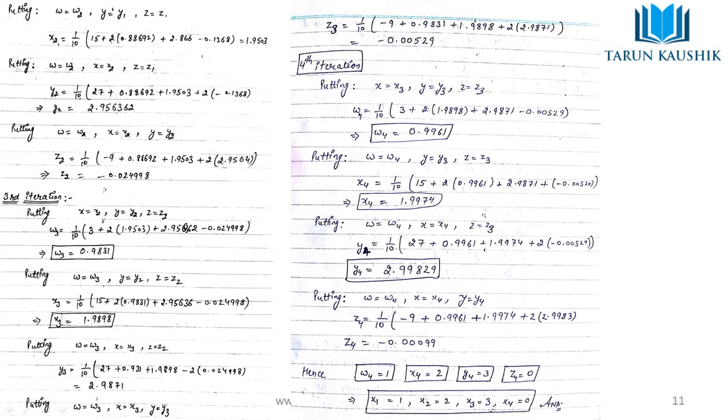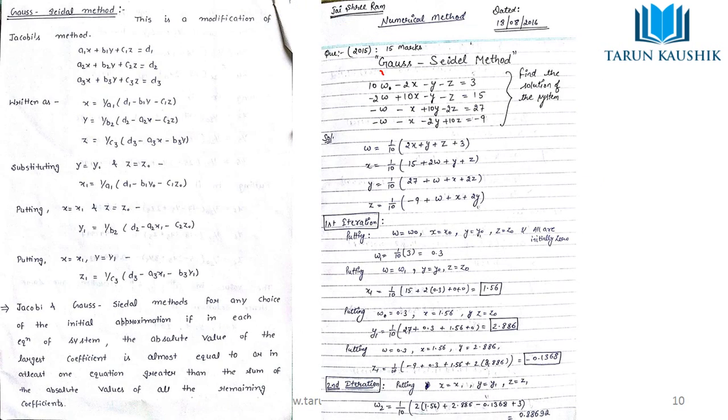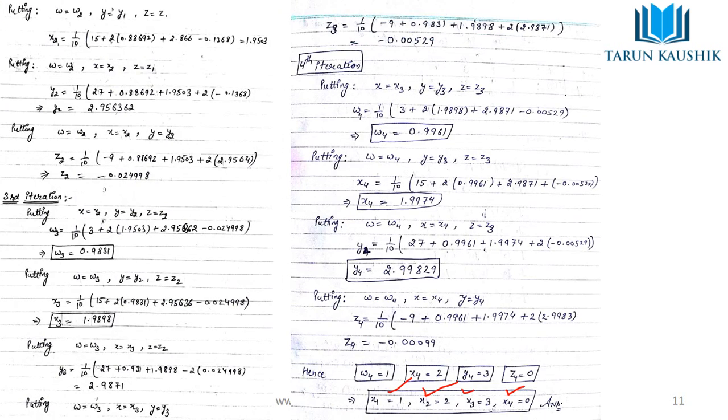Okay, so why have I written w, x, y, z? Initially in the UPSC this question was not in the form of w, x, y, z. The function was in the form of x1, x2, x3, x4. I have replaced them for my own convenience with w, x, y, z. You can also take x1 to x4, but at last you have to mention that x1 corresponds to w, and subsequently x, y, z.